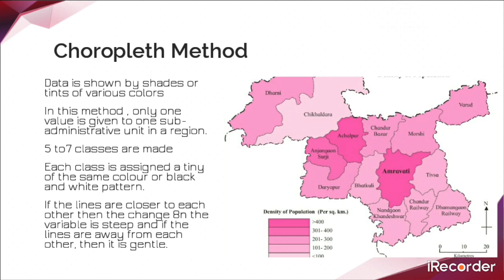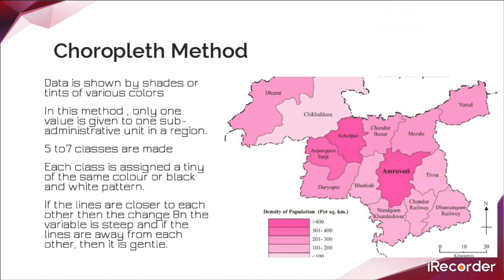More than 400. See the scale, it is the darkest one. So we can easily understand it. Now name the talukas having population density less than 300 persons per square kilometer. Now see the scale, 300. So just remove 400. So below that, all will come in this category. All. That is